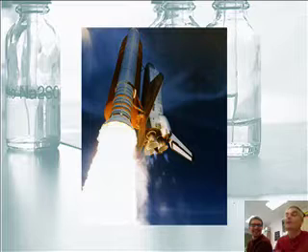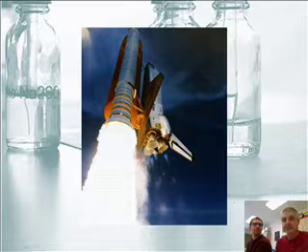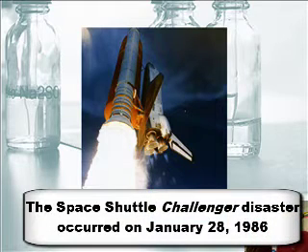Okay. Hey, we should actually talk, guys, about another combination reaction which is very famous. And also very sad. This is the Space Shuttle Challenger. If you recall, many of you are probably too young to know. I was in second grade when this happened. Okay, I was much older than that. But there was a space shuttle called the Space Shuttle Challenger, and in